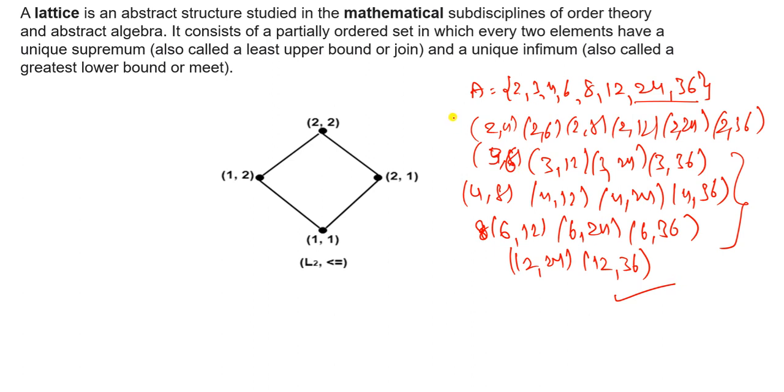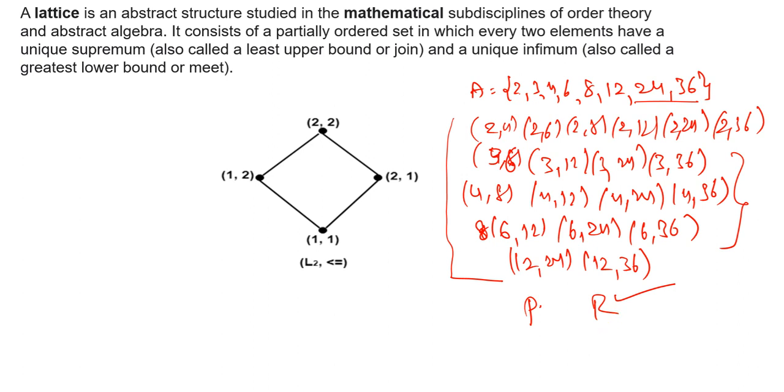Already we did this example in unit 2. Do you remember or not? I don't know. But this is a poset. This is reflexive, because (2,2), (3,3), (4,4), (6,6), (8,8) exist. 2 divides 2, 3 divides 3, and so on. So it is reflexive, and it is antisymmetric. (2,4) is existing, but (4,2) does not exist. So it is antisymmetric, and it is transitive too.